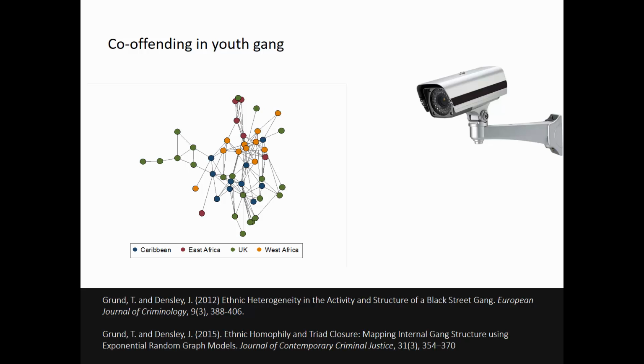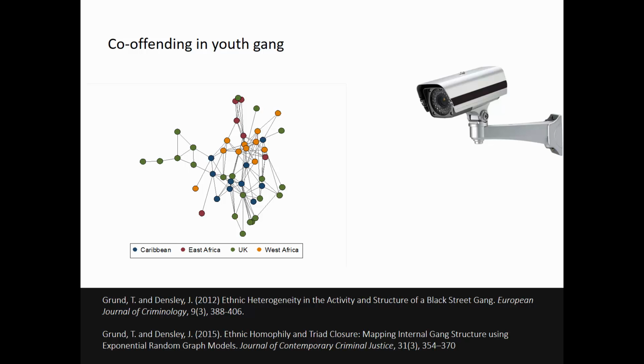That was just the beginning. That's the descriptive element, and then all the fancy statistics came into play, which is the stuff that I do. And then we looked at whether there is a relationship between similarity in ethnicity and co-offending. Basically, the question was very simple: do individuals commit more crime with others who are similar to them? Do they commit more crime with others who have the same ethnic background as they do? Yeah? So you see how now we look at ethnicity in a relational way.